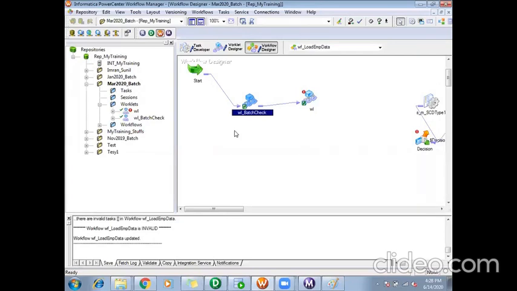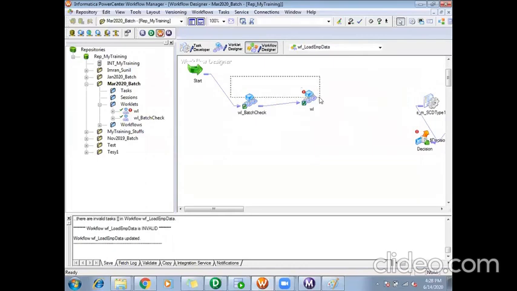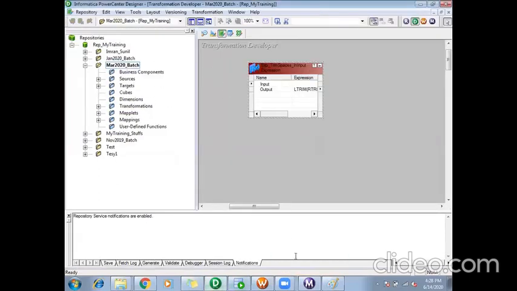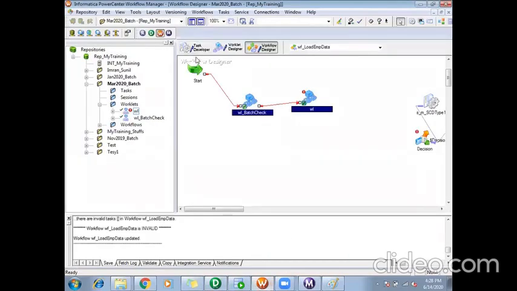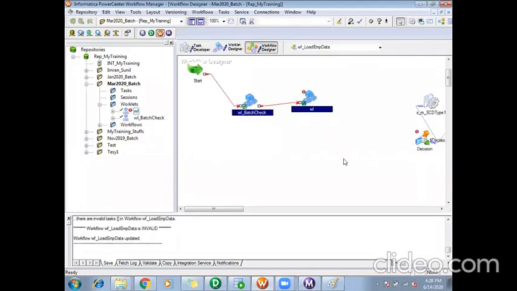One use for a reusable component is if there is a common logic which needs to be implemented with multiple tasks, then we do it in our workflow. And also, to reduce the complexity of the workflow and to make it more readable, we create worklets and add the code here. Okay, that is the worklet. And the last thing is, same like we made reusable transformations in the workflow, for tasks also we can make a reusable task. Assume there is an email task which I want to make reusable.